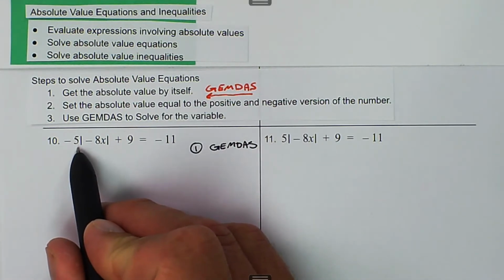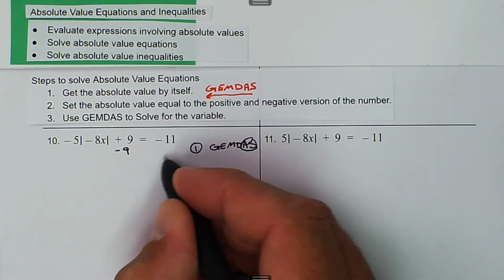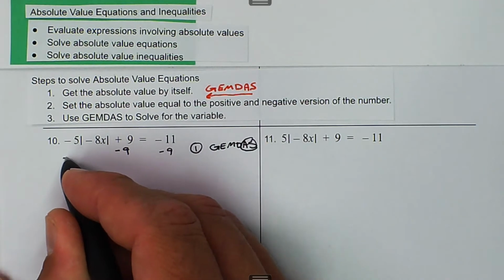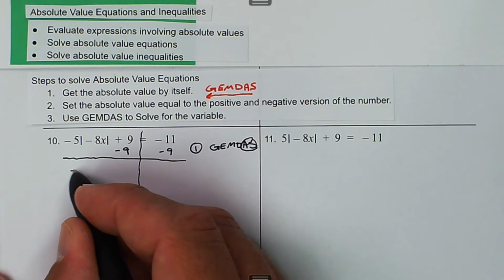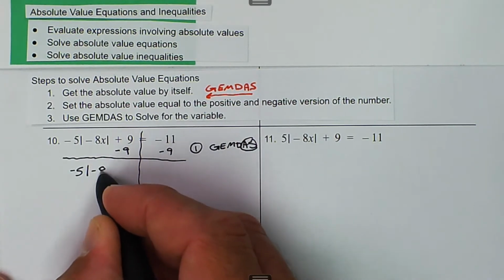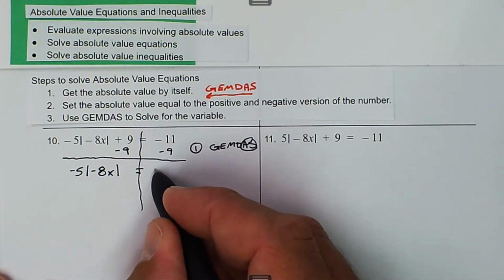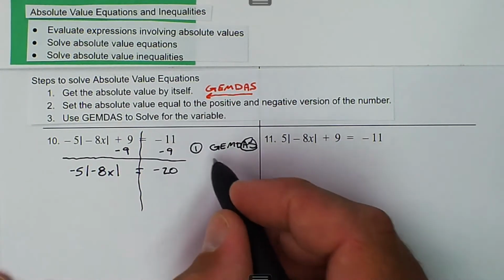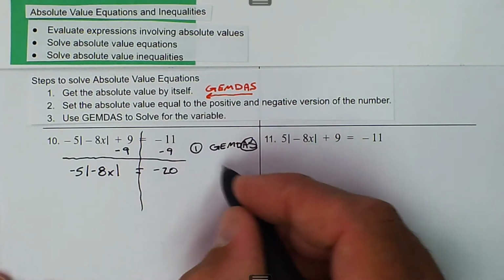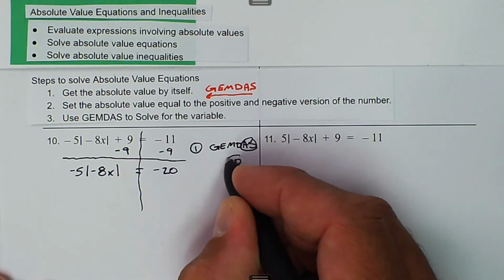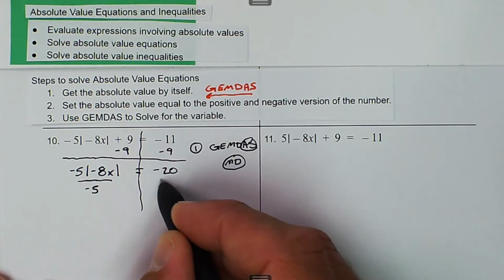addition and multiplication. So first we're going to undo the addition by subtracting 9 from both sides. And then we get -5 absolute value of -8x, and that is equal to -20. So we're still on GEMDES. This time we have the operation multiplication, so we're going to undo the multiplication by using division. So we're going to divide both sides by -5,